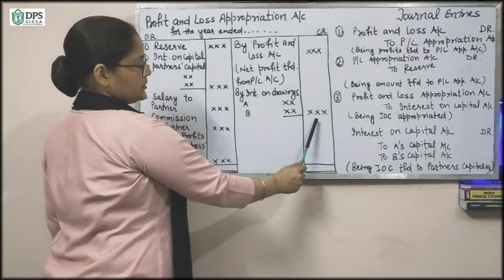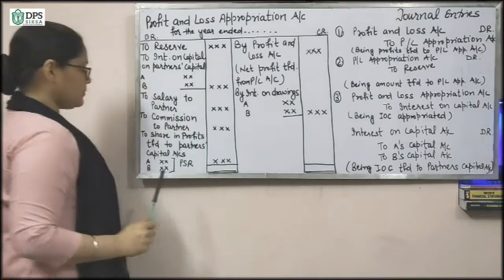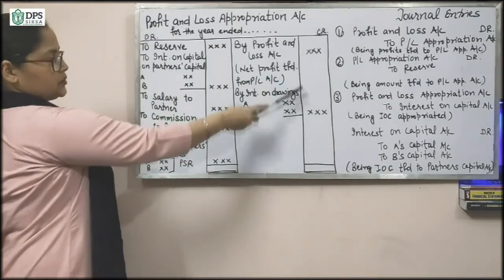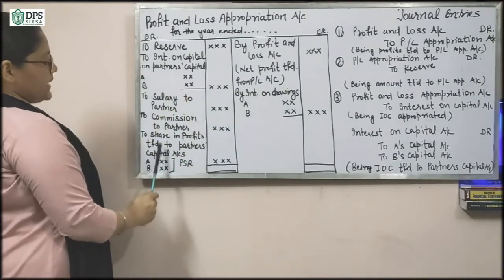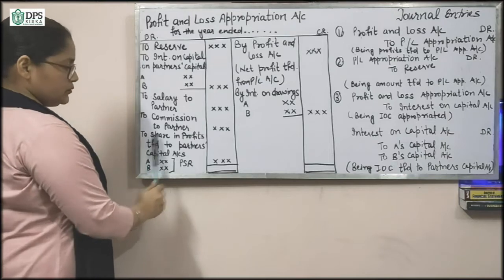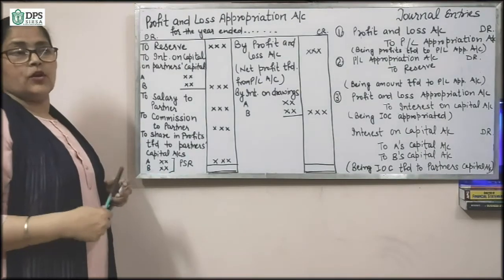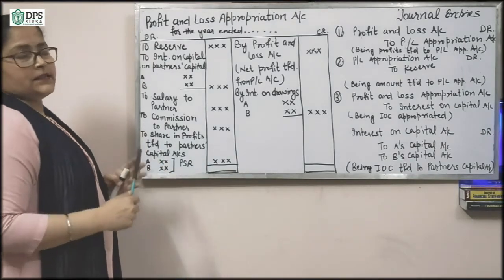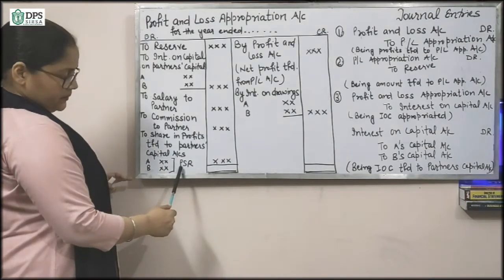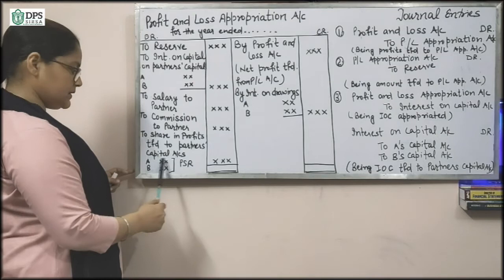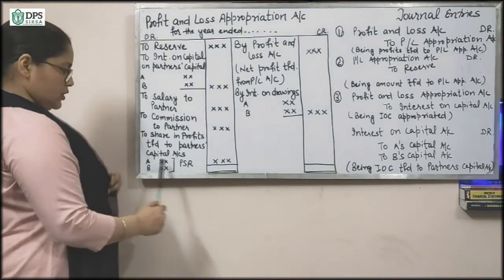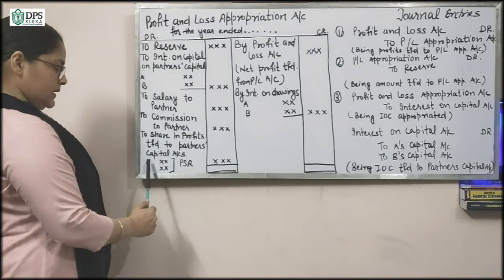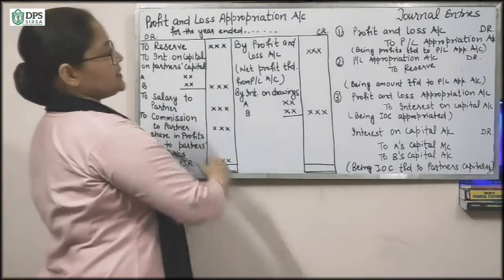So profits plus interest on drawings, and the amount of these items will be deducted from the total of these items, and whatever we get after that is the share in profit. That is the share of partners' profit that we will transfer to their capital accounts, and we will distribute it in the profit sharing ratio. It will be transferred to partners' capital accounts, A here, B here. So this is the account.